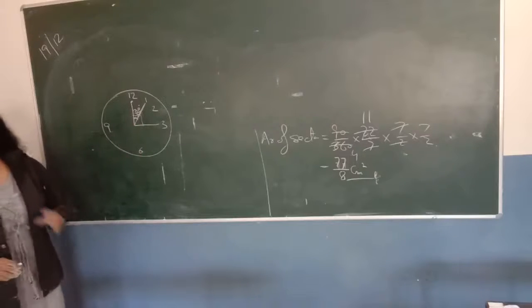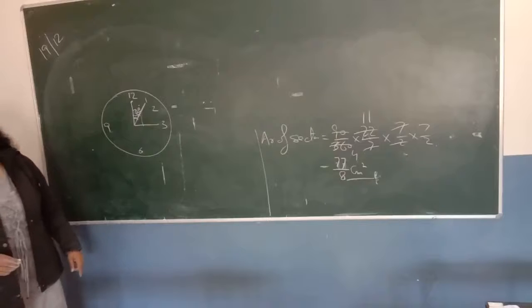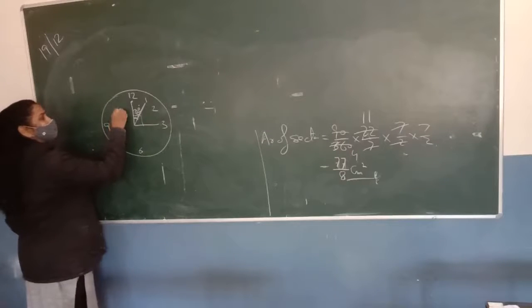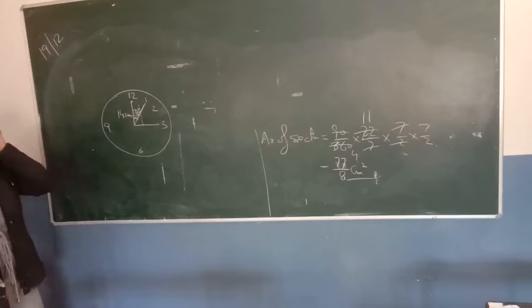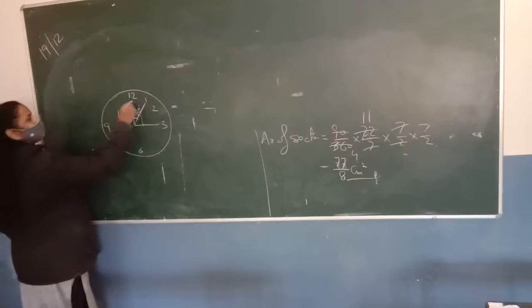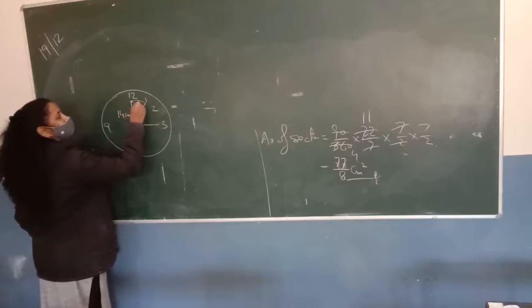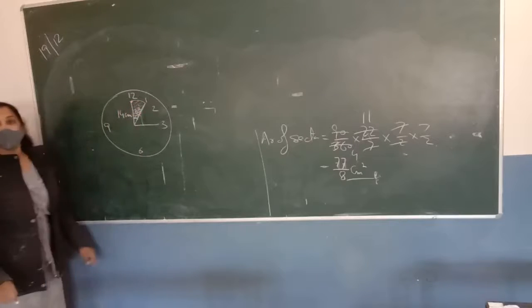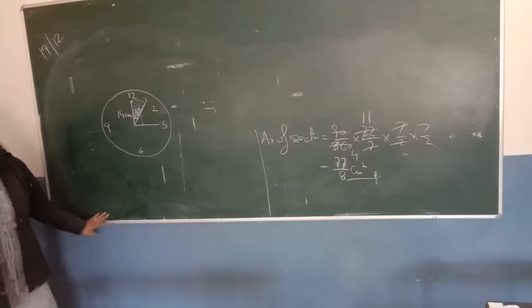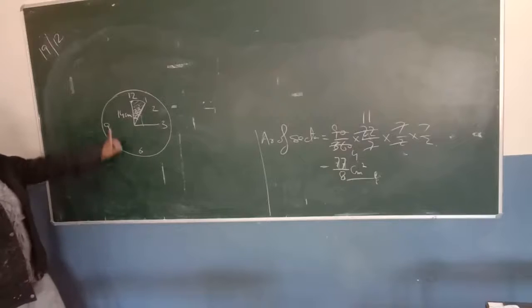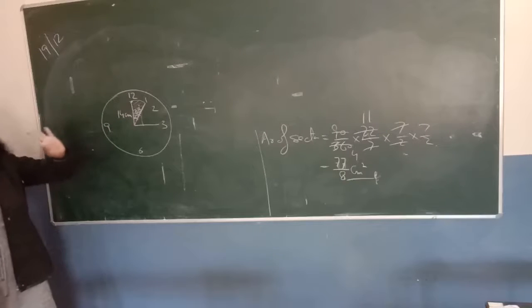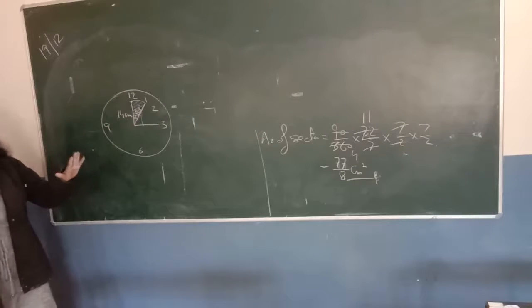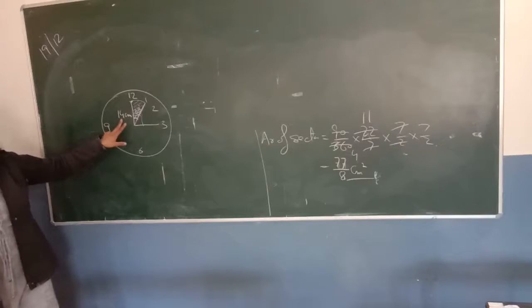Now in the question, the length of the minute hand is 14 centimeter. Find the area swept by the minute hand in 5 minutes. So you have to find the area of this portion which the minute hand swept in 5 minutes. Since we know that the angle in 5 minutes will be 30, so we know the angle. Can you find the area of this portion? Theta upon 360, 30 upon 360, pi r square where the r is 14 centimeter.